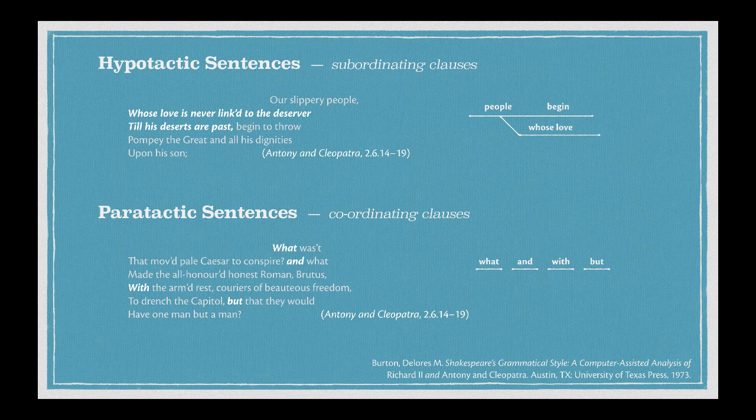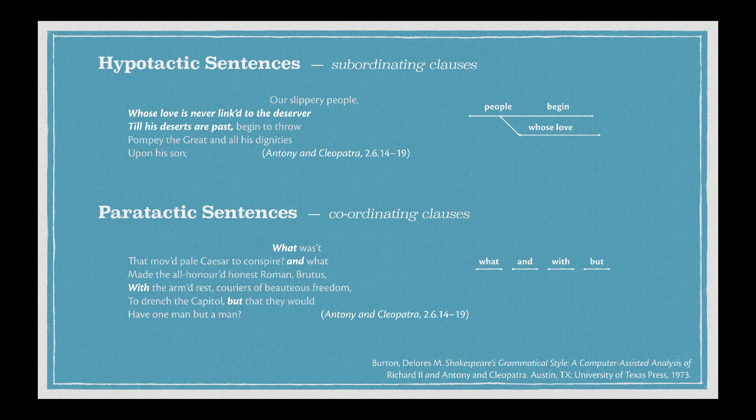So I just wanted to explain a little bit about what's going on in these two tools, and no, I don't want to go very far down the grammar rabbit hole here, but one of the things that's happening between these sentences is this difference between a hypotactic sentence and a paratactic sentence. Historically, in English, we've had both of these. A hypotactic sentence is a sentence in the way that we might think about it today, in the way that we would teach our students, or maybe the way that we learn, those of us of a certain generation who have ended up diagramming a lot of sentences in our youth.